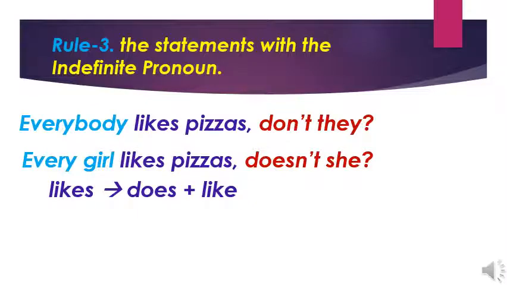Just to see the difference between these two sentences. Whenever we find an indefinite pronoun as the subject in the statement, we should use only the plural verb according to the tense, even though we have the singular verb in the statement. And we should add the personal pronoun they. But in the second example, every girl is not an indefinite pronoun. That's why I am using the first rule. According to the rule, I am taking does only. Every girl is not converted as they. Instead of they, I am using she. So, the tag is different.